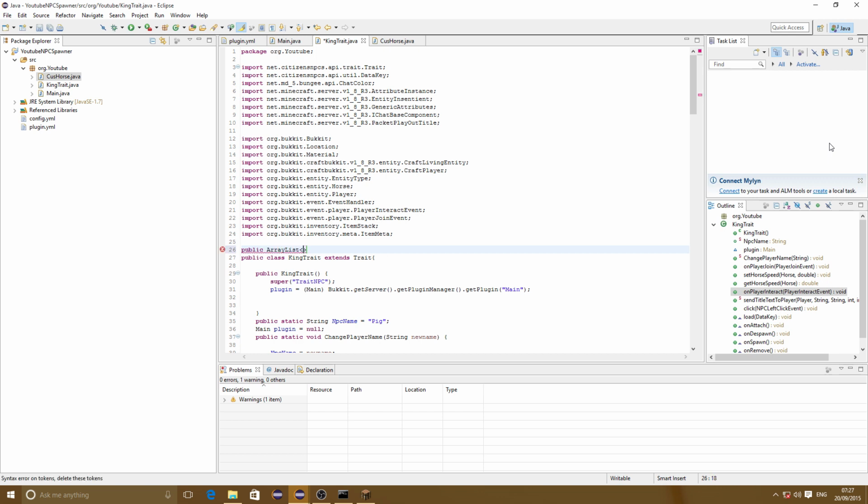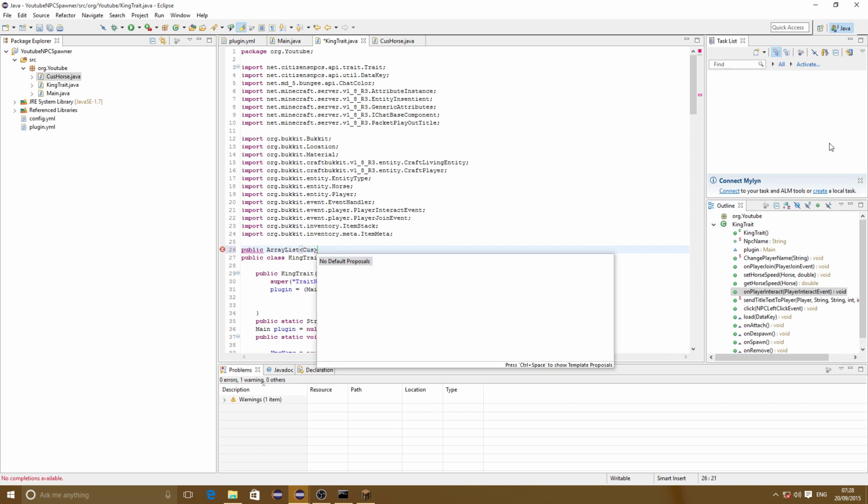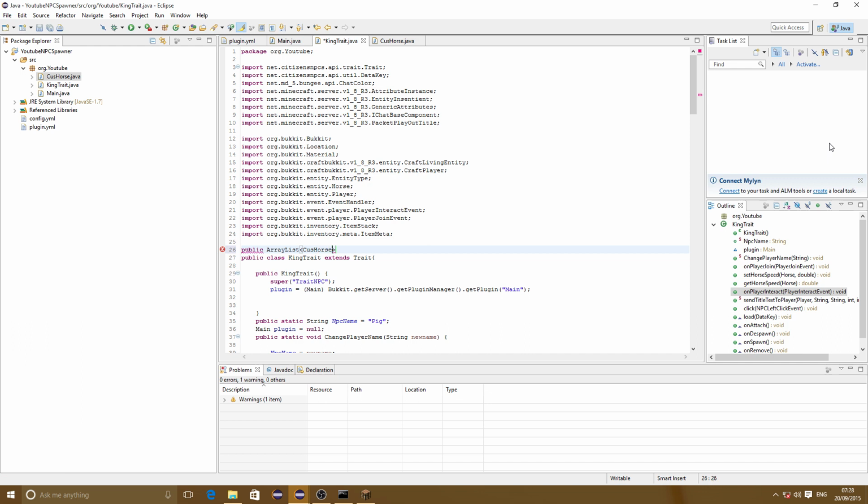And what type of attributes is for array list? It can be a string, it could be a boolean, it could be double, it could pretty much be almost anything, but in our case we want it to be our custom horses, so we can add custom horse, and this array name is going to be called our horse array,